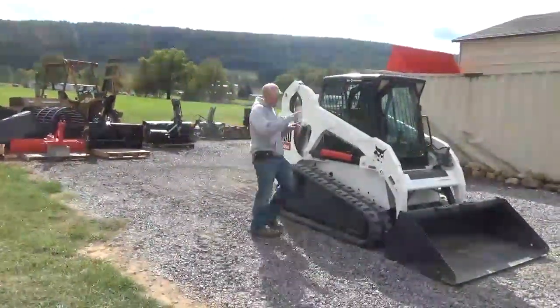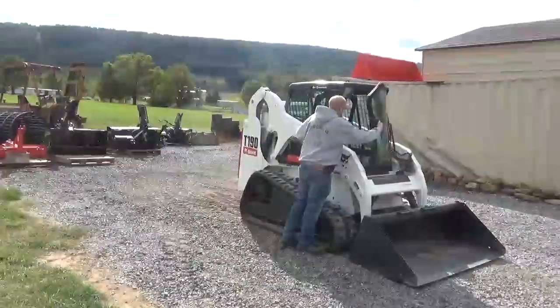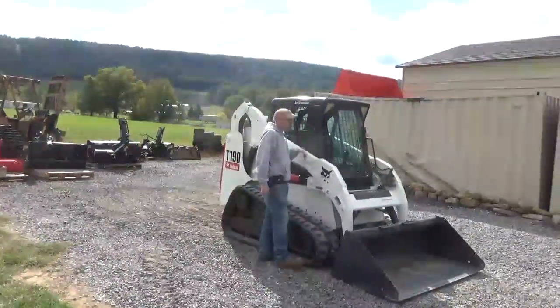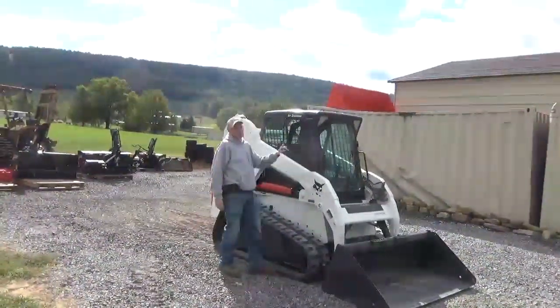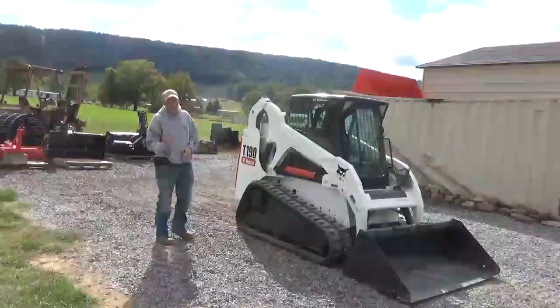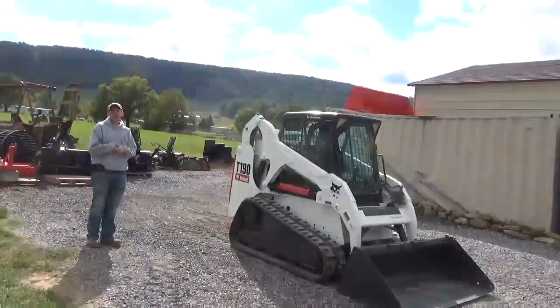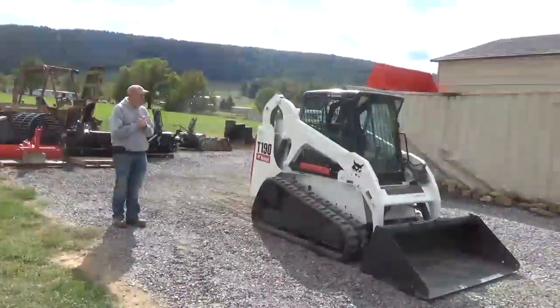The door, whenever I stop there and reshut the door, this door really seals tight against the cab. You got to make sure you get it slammed shut. There is a door sensor on there, and it works to keep that machine from busting your front door if you'd have it swung open and go to pick up your boom. So again,